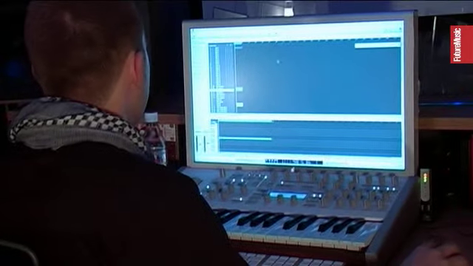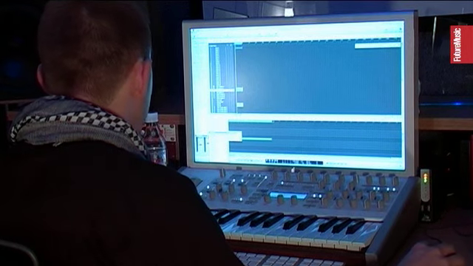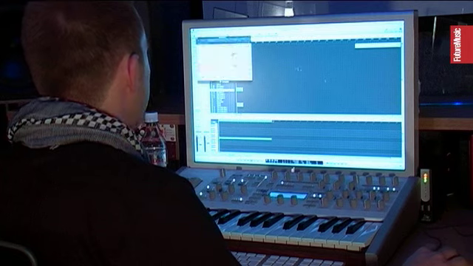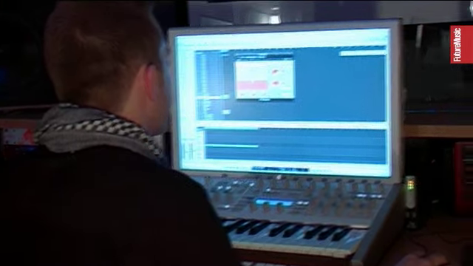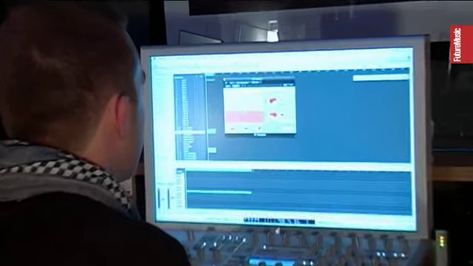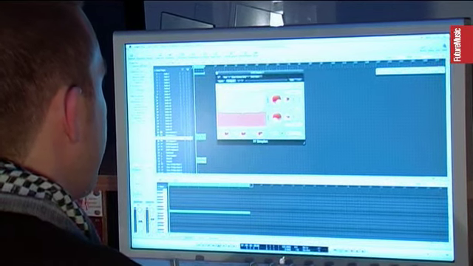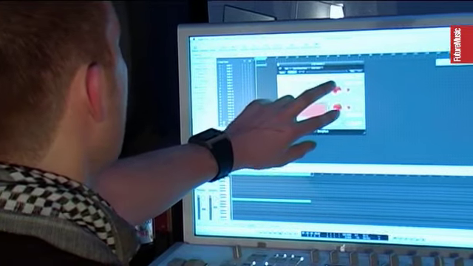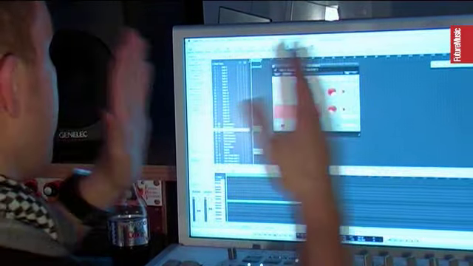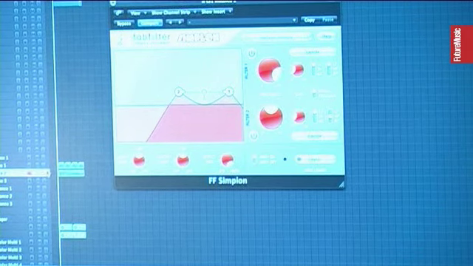Then one of the favourite filters that I've got, which helps me to get that sound, is FabFilter Simplon. It's very, very basic, but it sounds fantastic. So we're just going to turn the resonance up here a little bit. We're going to go for a kind of bandpass sort of thing. Now, it has actually got a bandpass filter on it, but if you use a low and a high at the same time, you can control the width of the band. So I'm just going to throw this onto the channel, solo that,